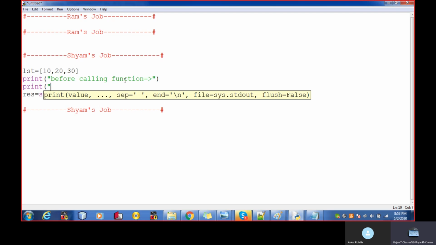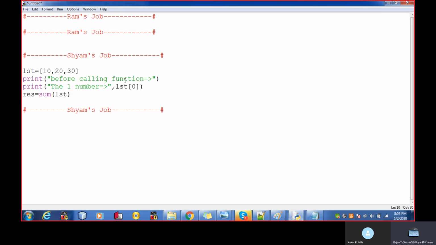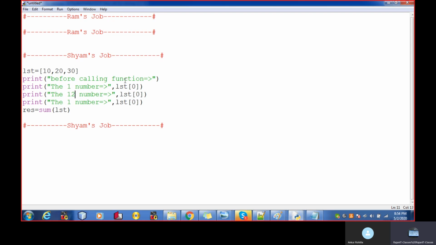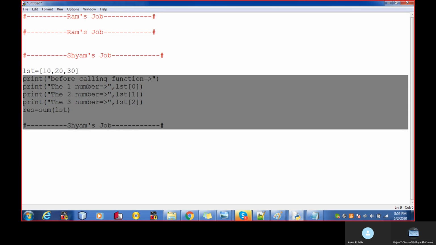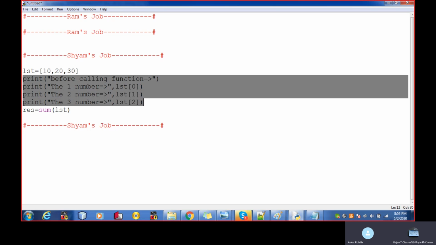So print LST 0. In a similar manner, I will copy this entire part: second number, third number, LST1, LST2, these 4 lines.